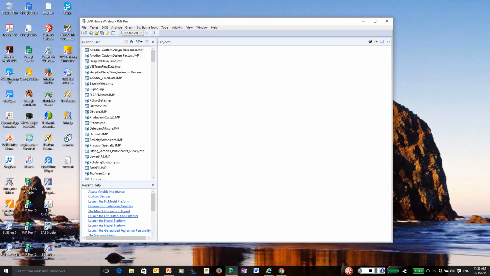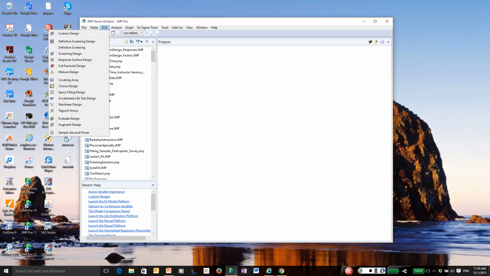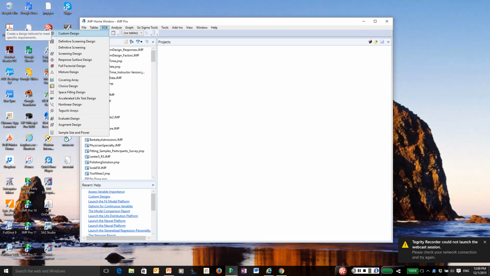So there are many ways or platforms to generate designs in JMP. They're located under the DOE menu. So we click on DOE. As you can see, there are many types of designs, and the first item is custom design, because this actually is fairly easy to use, although I will add there are many aspects to it that are well beyond the scope of the present discussion, but you'll find this very useful, particularly as it pertains to designing an experiment for